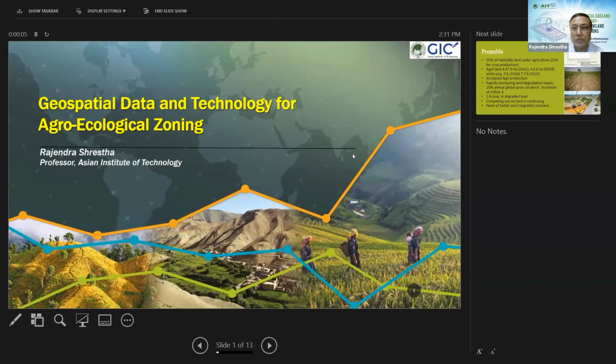Thank you once again, and good afternoon from Bangkok. My name is Rajendra, and I work at AIT. Also, thanks to the previous speaker, Sangeeta, who gave an excellent background to the talk I'm going to make. And indeed, I'm going to touch upon only one of the initiatives she mentioned at the hand-in-hand initiatives, among a few others that we have been working on together.